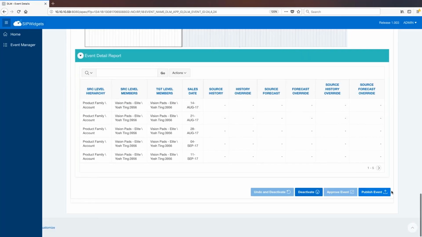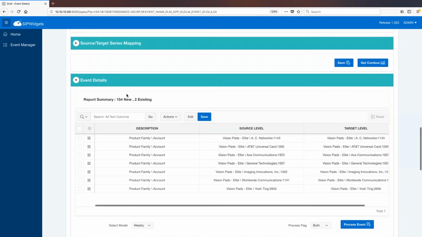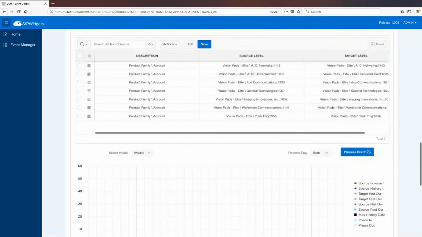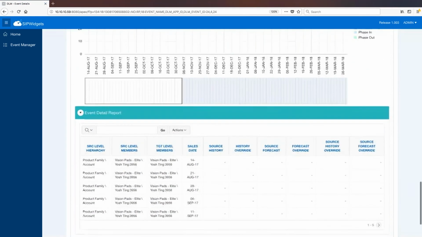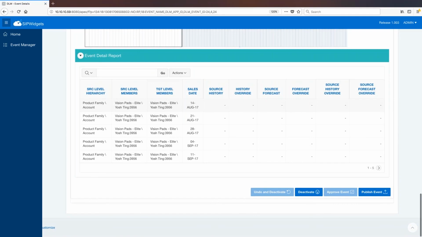you can either, as we said before, publish the event now, or you could let the nightly scheduled process run, and it would publish the event to the Demantra application by creating the 158 new combinations we talked about. So just to summarize, we just created a one-time combination creator function which, once approved, will either run on demand or during the nightly process to create these 150 plus new combos, or you can do that right away.